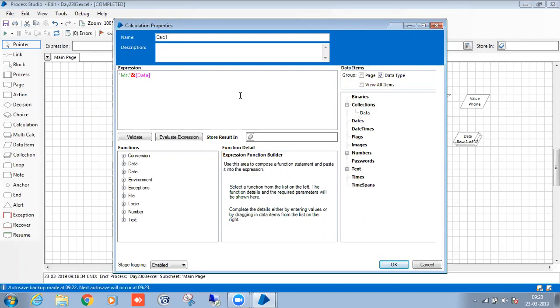Collection dot field name. Every time you add some text with a data item, you have to keep the ampersand symbol. Whenever you take some text, it will be in double quotations. Collection dot field name.